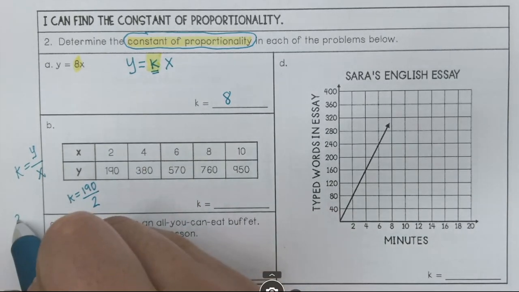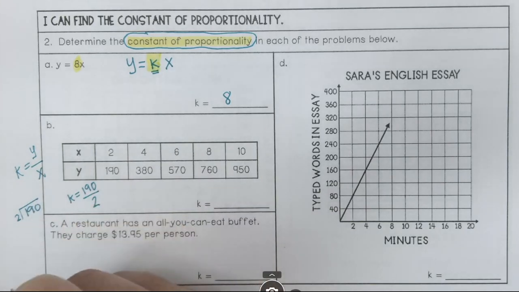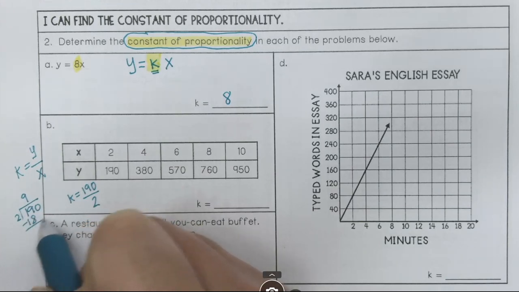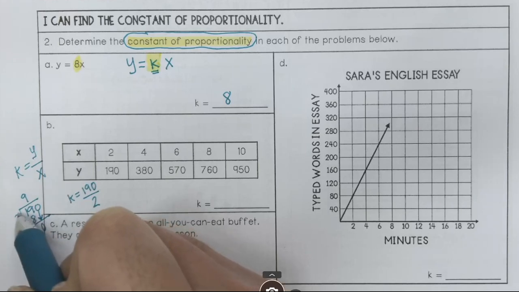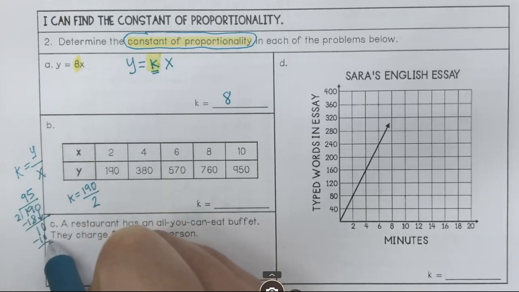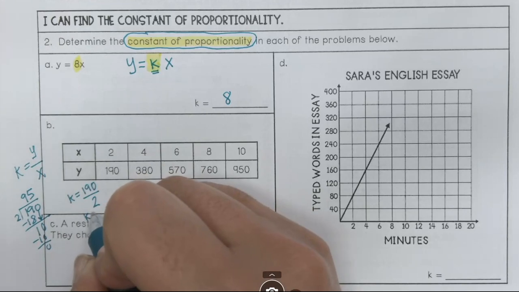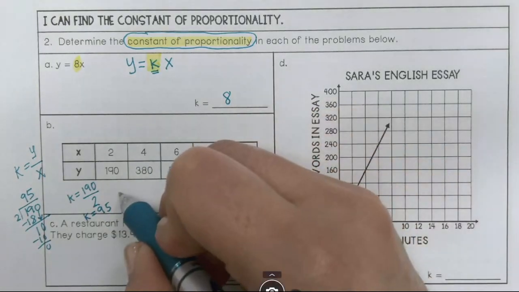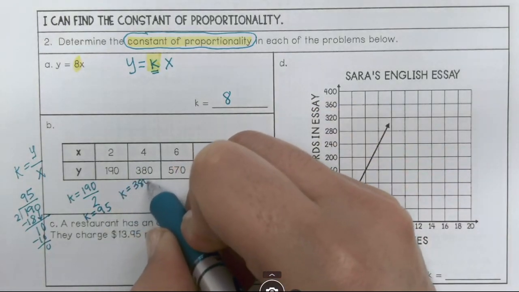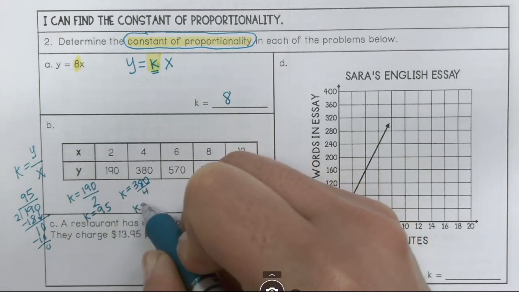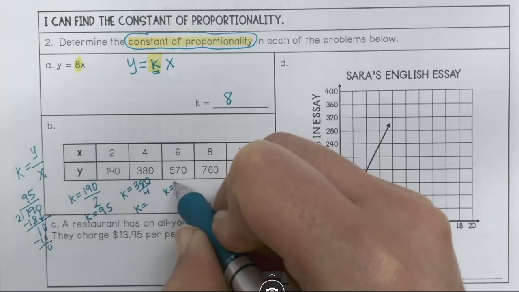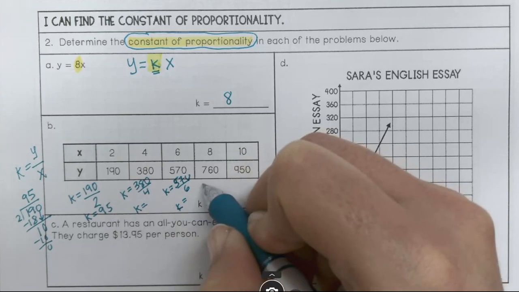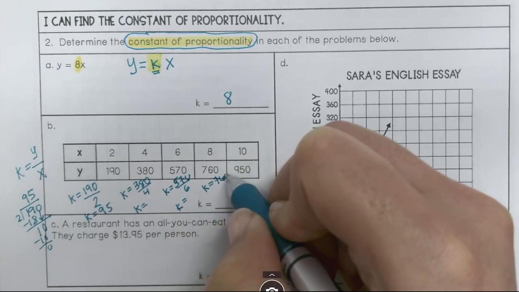Okay, so if I do some long division, 2 goes into 19 9 times. Bring down the 0. 2 goes into 10 5 times. So this is 95. So k is equal to 95 for this first one. And you would want to repeat that all the way through, because right now you don't know if it's proportional or not. This could be a scenario where it's not proportional. So you would want to check all of these